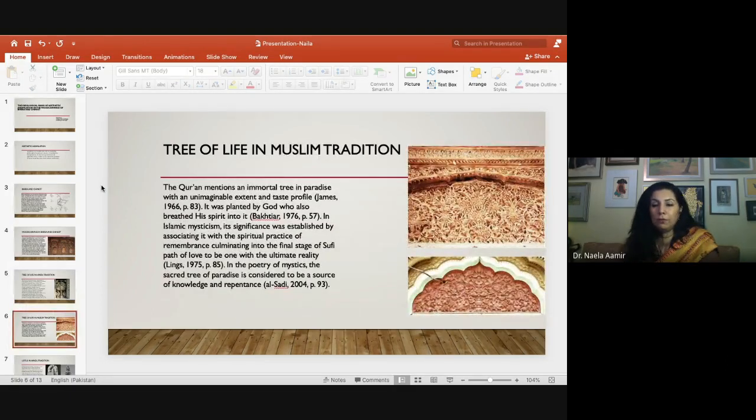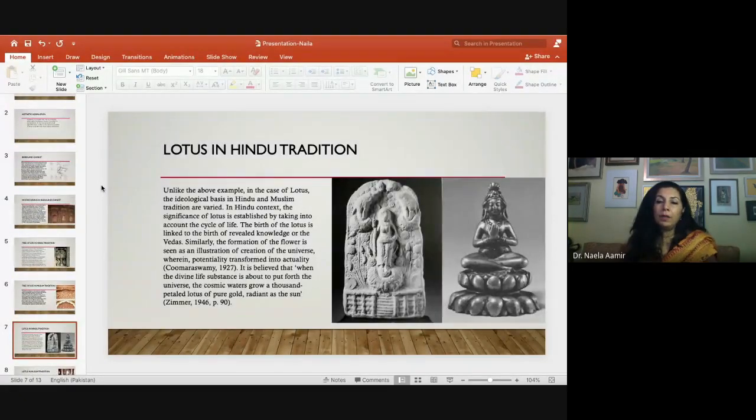The tree also found a significant place in monotheist religions. The slide that you see right now is from Cheniot. The Torah is often compared with tree of life. In Christianity, the figure of Christ is compared to the tree of life and his words being its fruits. The Quran mentions an immortal tree in paradise with an unimaginable extent and a taste profile. It was planted by God who breathed his spirits into it, says Lale Bakhtiyar. In Islamic mysticism,